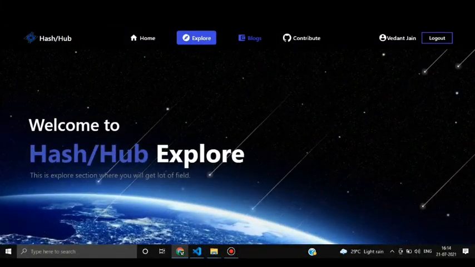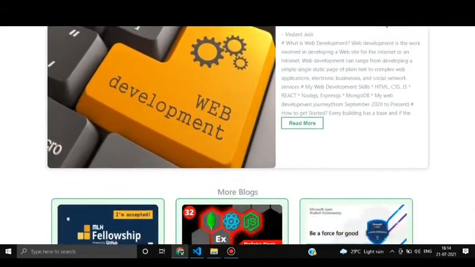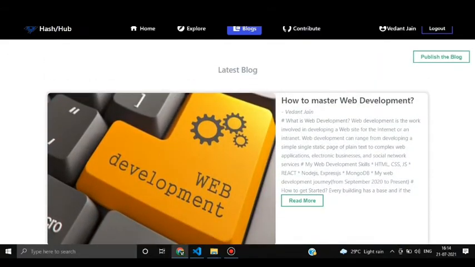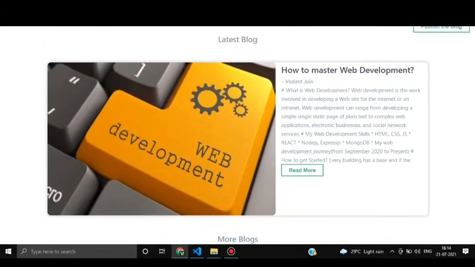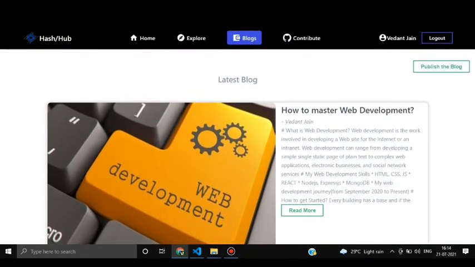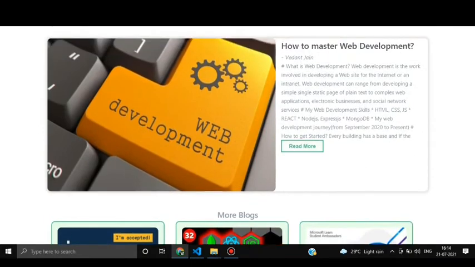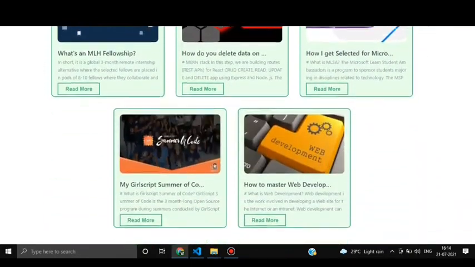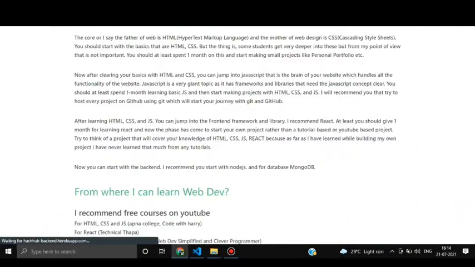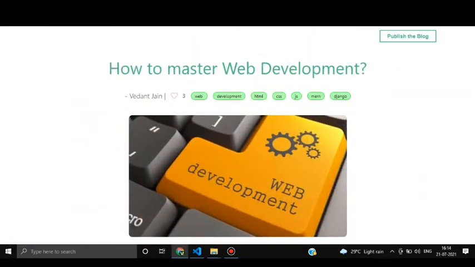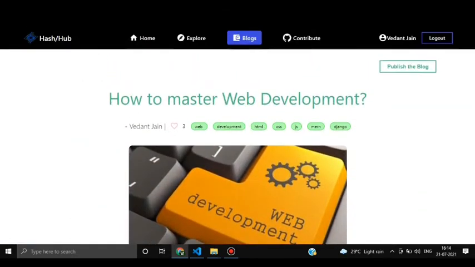In addition we have a blog section also. In this section we have provided the blogs that are published by the logged-in user. In this scenario I am Vedant Jain, so I have published 3 blogs here. As you can see, there is "How to master web development", and this is the blog page section.